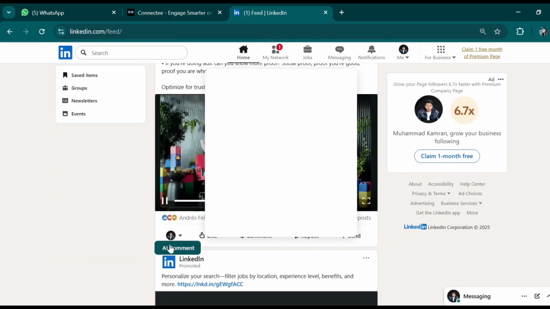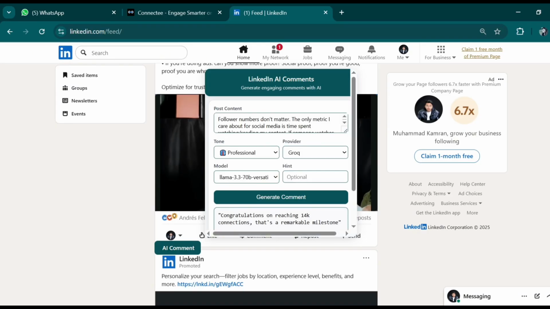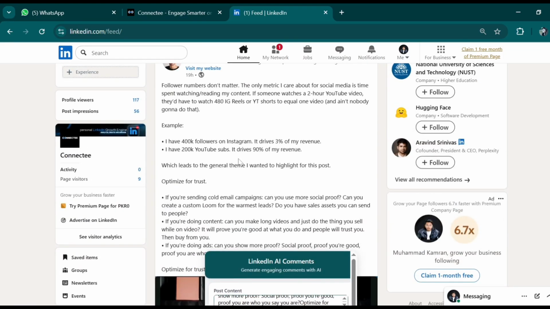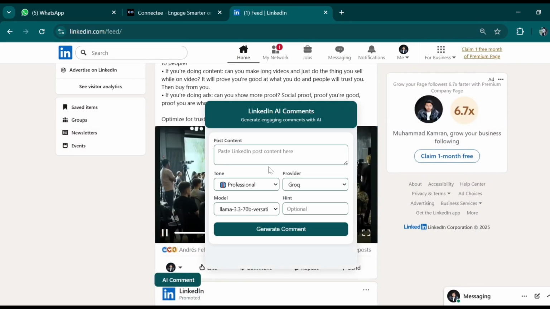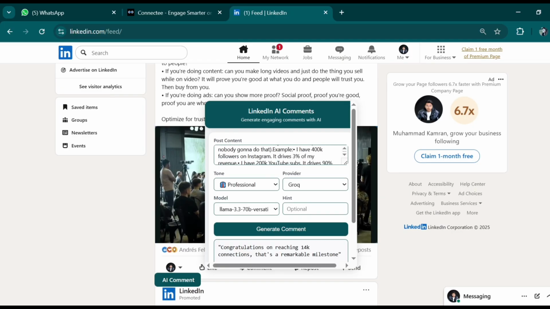By clicking on the AI comment button, it automatically fetches the post content that we see. Follower numbers don't matter.